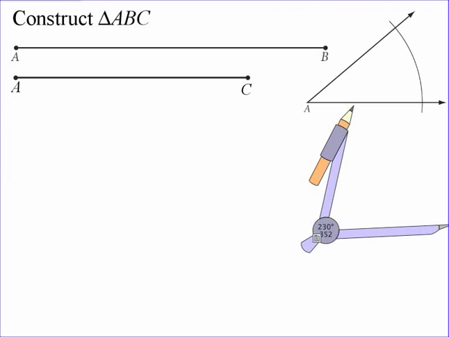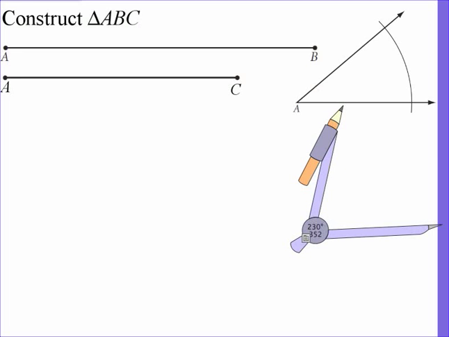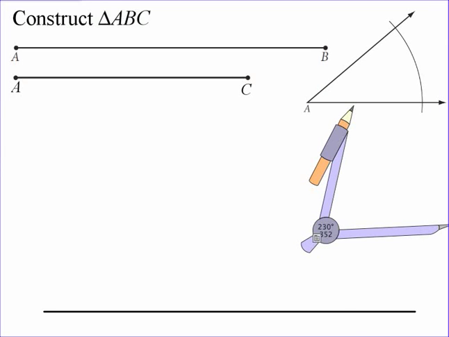So let's go and look at this next one. Construct a triangle ABC. What do you think you're going to start with? Because notice here I've got a side and an angle. So where do you think you're going to start? Line, yep. So the very first thing you're going to do is start with a line. I'm going to call this line what? AB. So the very first thing I'm going to do is go ahead and duplicate segment